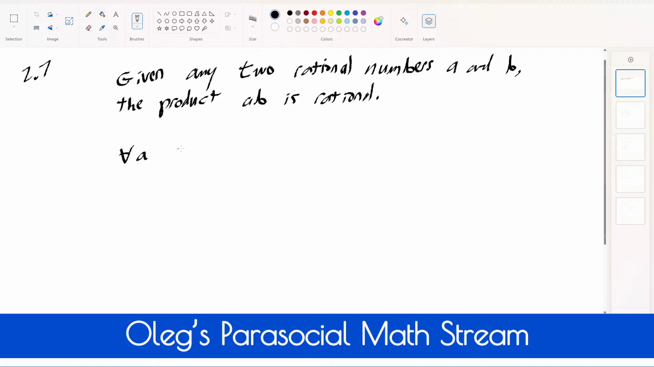For all A and B, in this case it applies to both of them, containing rationals, A times B also contains rationals. So the rational set are numbers that you can write as a fraction, and they either have a terminating